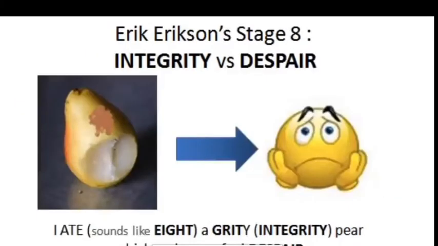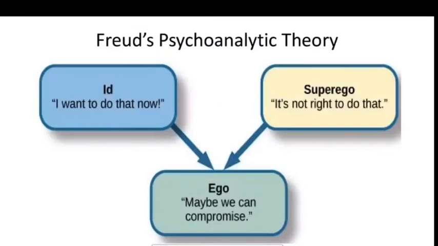And the last stage, of course, would be integrity versus despair. Stage 8, integrity versus despair. I ate a gritty pear, which made me feel despair. Okay, so again, that's stage 8, integrity versus despair. So those are the 8 basic stages according to Erik Erikson's psychosocial learning theory. Now, the rest of the choices that we had there was Freud's psychoanalytic theory. We all know who Sigmund Freud is,